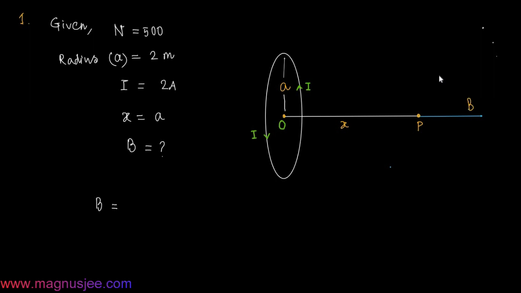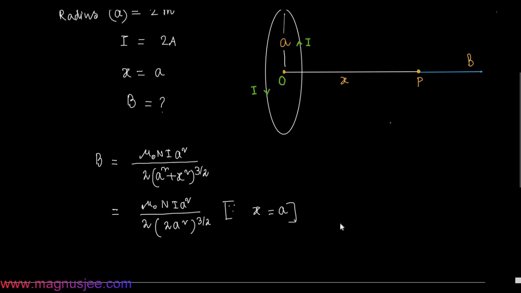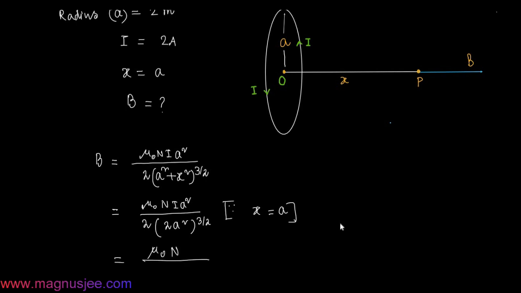Now the magnetic field induction at a point P on the axis of a current carrying circular coil is mu 0 N i a square divided by 2 into a square plus x square whole to the power 3 by 2, where x is the distance of the point P from the coil, equal to mu 0 N i a square divided by 2 under bracket 2a square whole to the power 3 by 2. Since the distance x is equal to a, means distance x is equal to the radius of the coil, mu 0 N i divided by